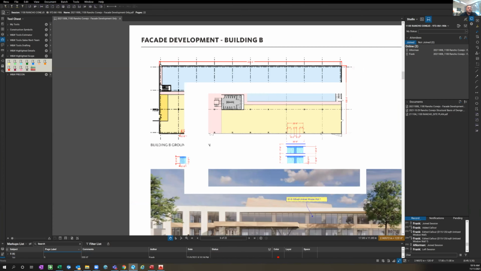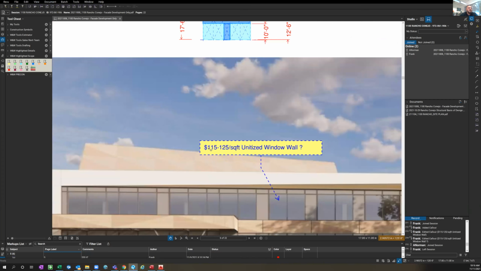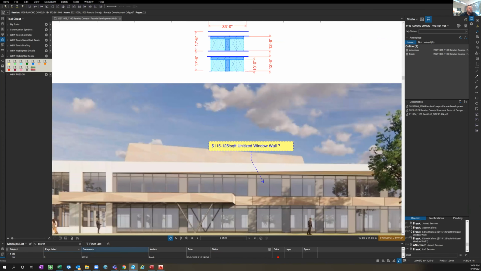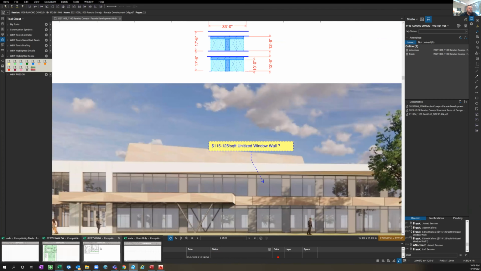We were targeting about 115 to 125, right? And we ended up somewhere about 117, so not too bad. This is after we drew the units,